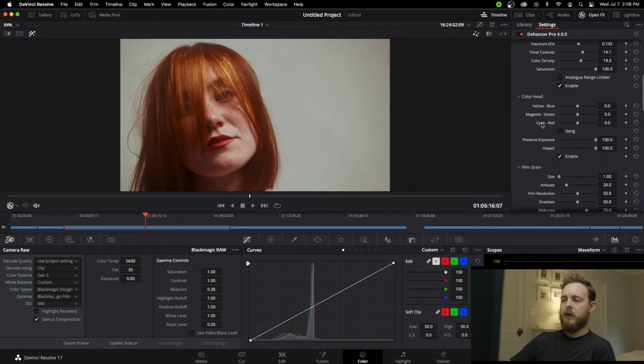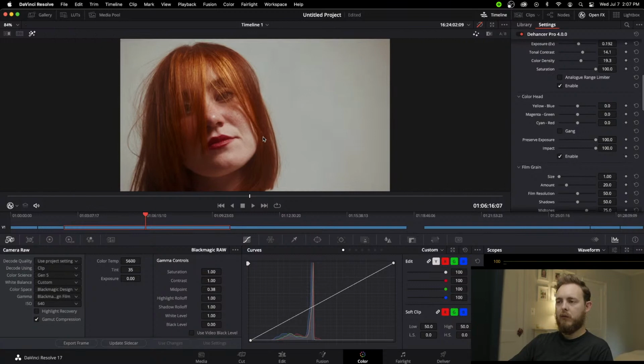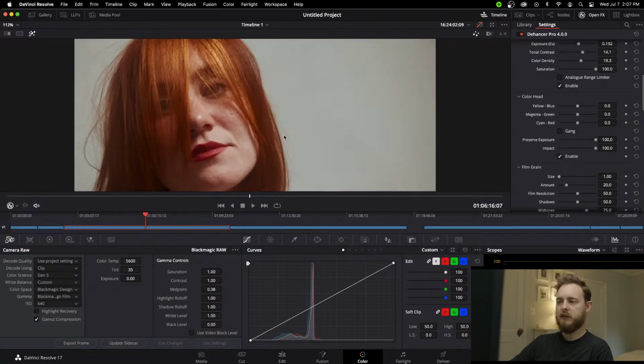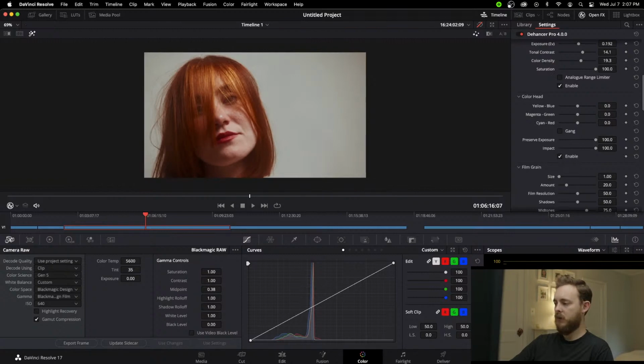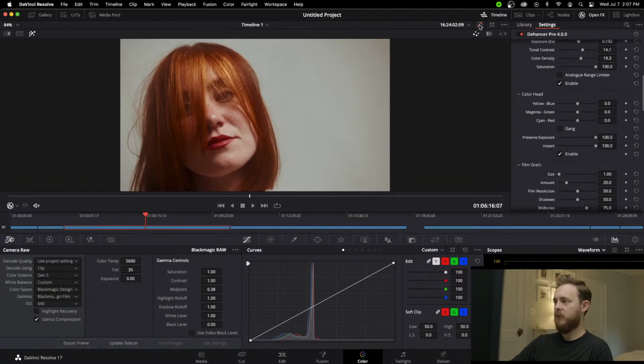We'll leave the analog range limiter off on that one. The only thing, some people... initially, before I adjusted, I thought here seemed like a hot spot, but even if you look at the scopes, that's not really the case. All of this is just this big open space, and where she's at, it looks pretty good, I'd say. So we'll leave that, and if we just look at our original,